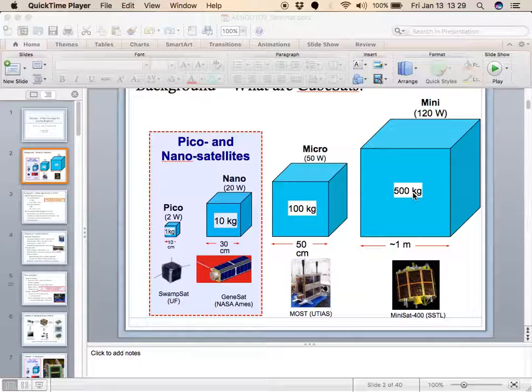We don't really go into the mini satellite, we'll just keep it aside for now. The microsatellite is about 100 kg. Each side of a microsatellite is about 50 centimeters. And it's